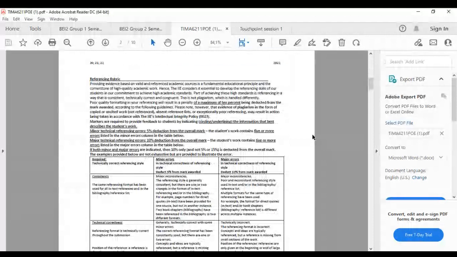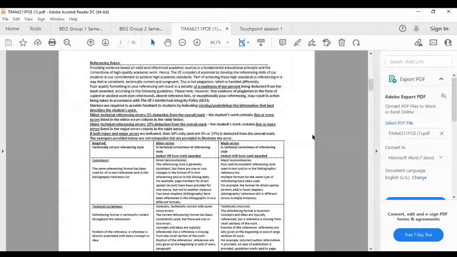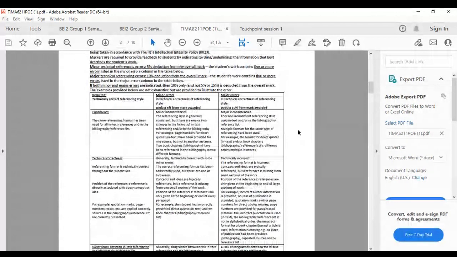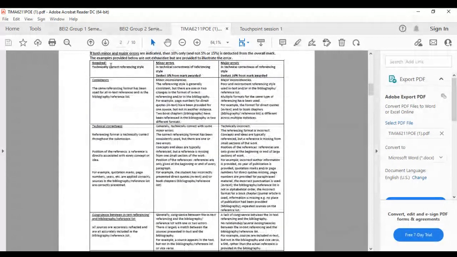Page 2 of this document is very, very important. Please familiarize yourself with the referencing rubric that the markers are using to mark your PoE. Minor errors, this is how we mark it. We go down in this column.